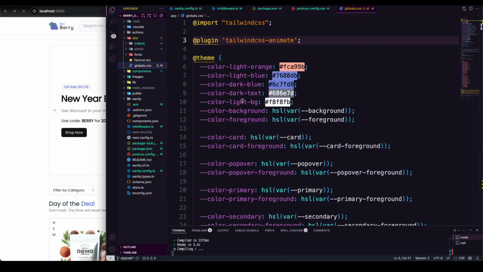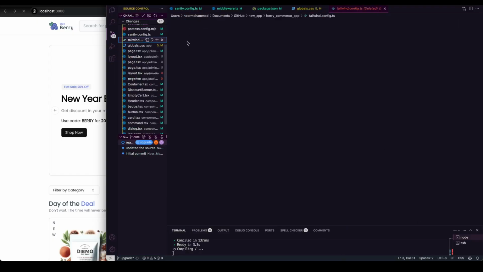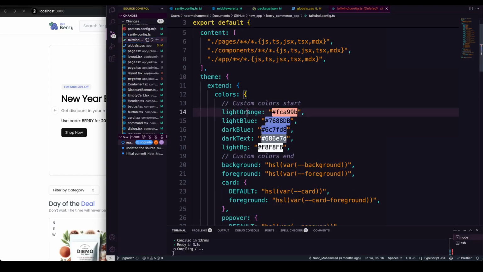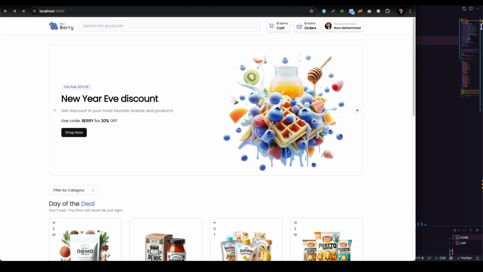And there is one problem you're going to face. You see that color light-orange, but we wrote it before. If you just see in the previous one, it was perfectly aligned here. You see that light orange is passed as camel case, but here it's not coming that way, it's coming as snake case. So we're going to find a way to configure it. First we're going to run our application. You see it's still compiling,